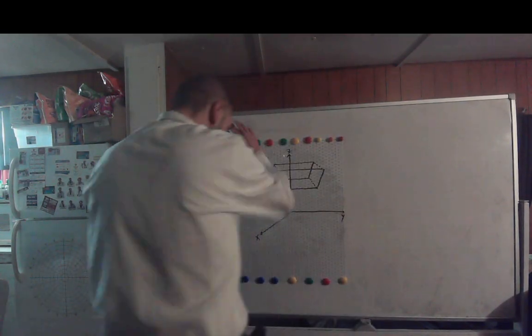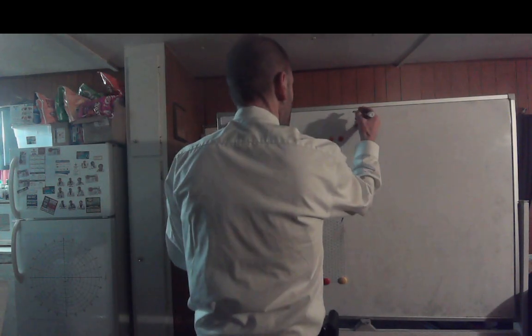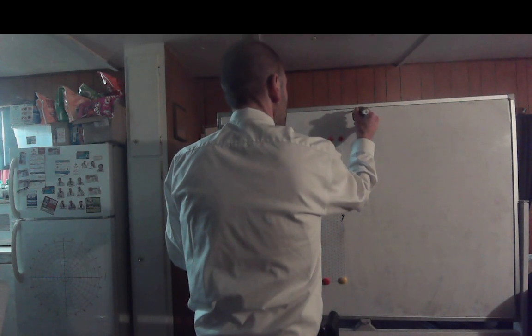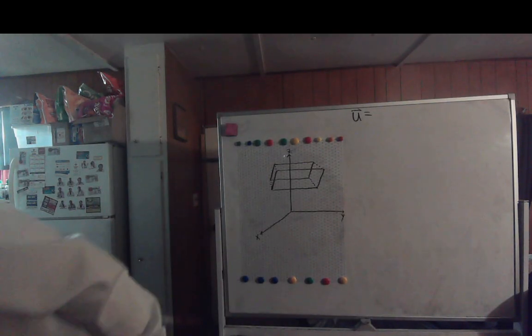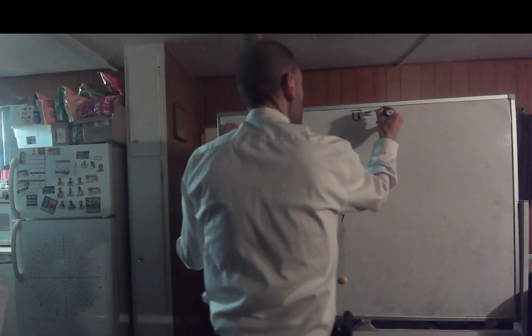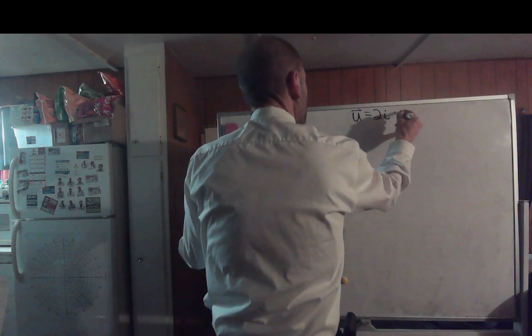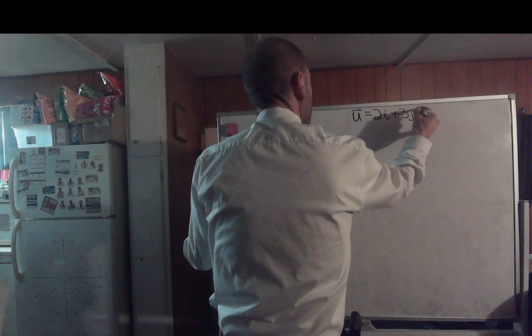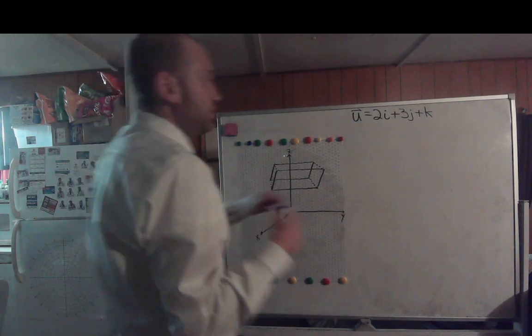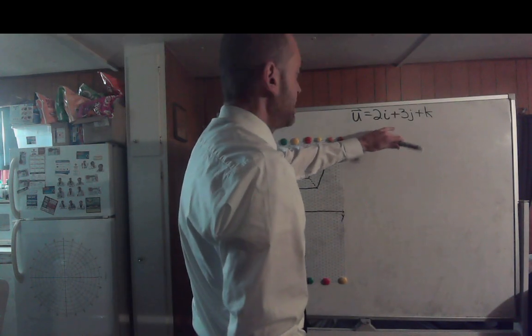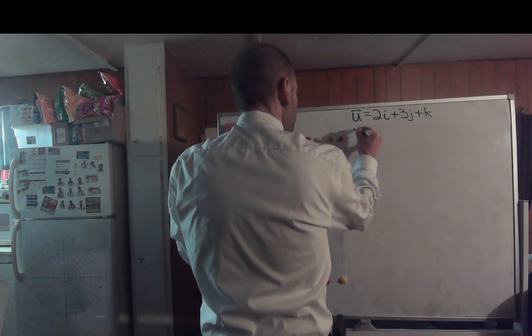So I got two examples of this. They're really not bad at all. So what is vector u? So vector u is going to be 2i plus 3j plus k. So vector u has components 2, 3, and 1, or in linear combination 2i plus 3j plus k. Vector v